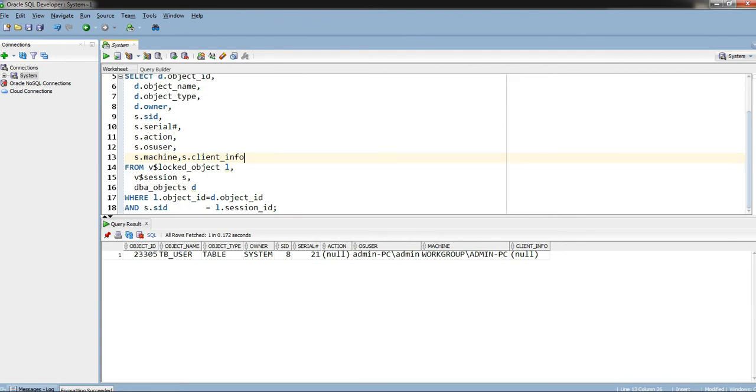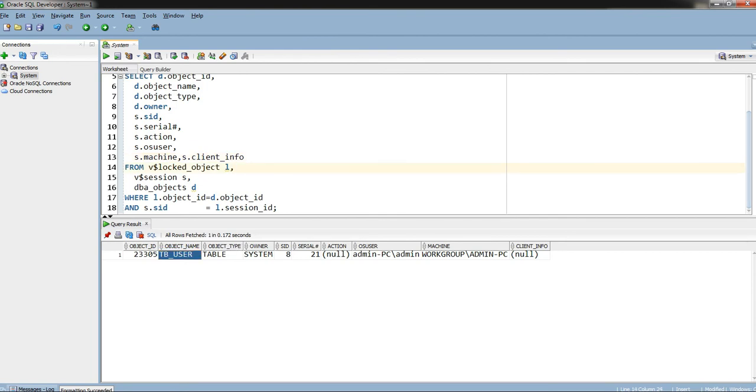So if you are working in any company, you may get into this situation. By using these two, OS user and machine, you can identify who did the write operation on this table, and you can inform them: please commit or roll back the transaction on this table so that we can perform our operation.